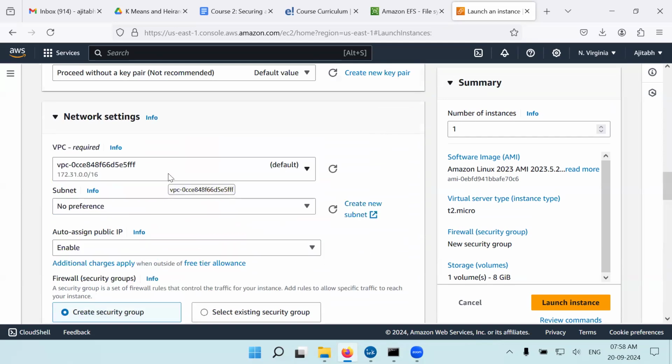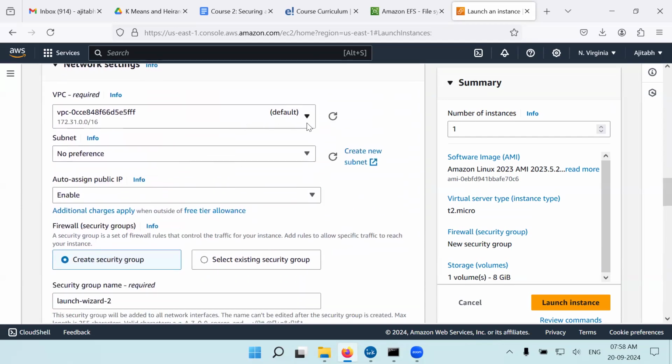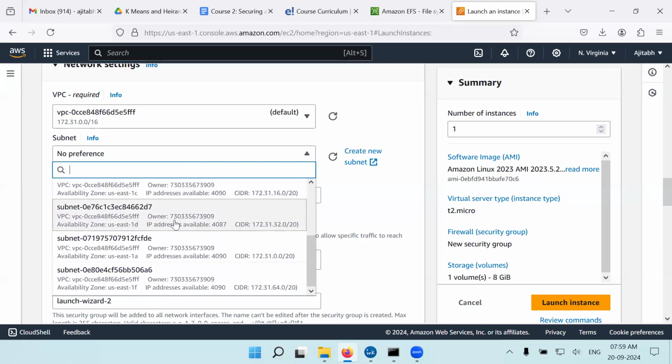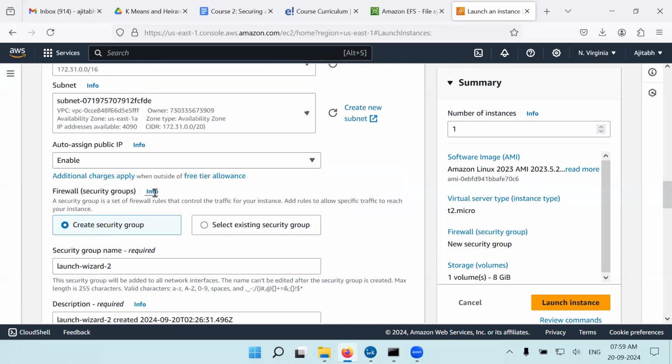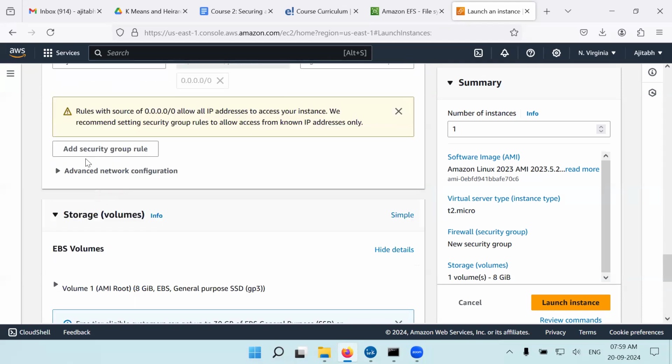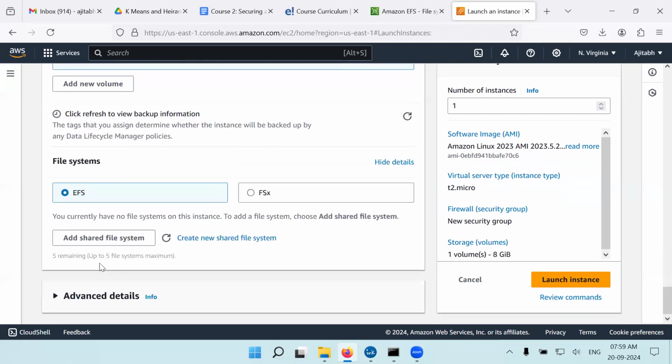Let's choose the subnet available inside the VPC. I will choose anything, since it is already shared among all the AZs in that region. Just to show you, I am choosing 1A here. Can you see 1A here? And then, you can add a shared file system here. You can also alternatively create